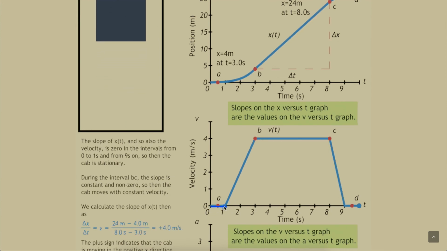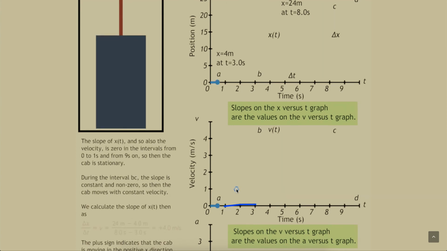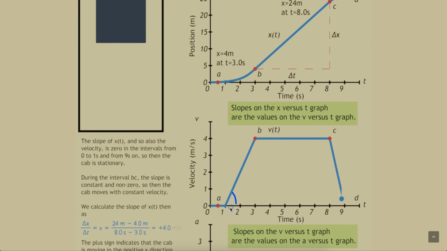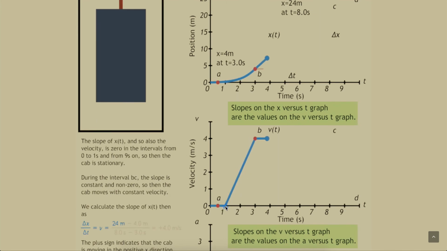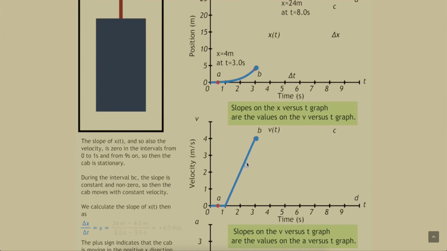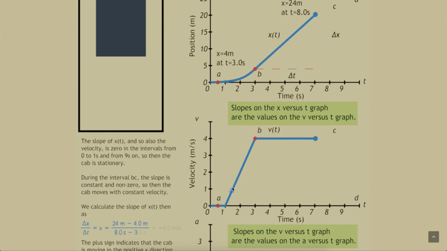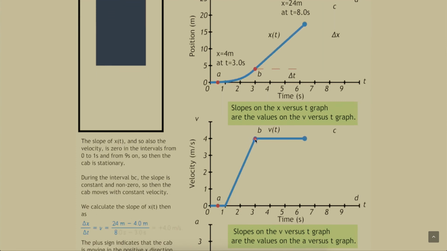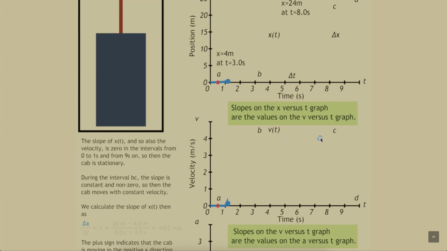Then from 1 to 3 seconds, the velocity curve has a slope, which means that velocity increased as a result of an acceleration. Thus, we can calculate the value of the slope of the curve from 1 to 3 seconds to determine the value of acceleration. Also, the curve of velocity is a straight line on this section, so the slope is a constant value, and thus we can predict a straight and horizontal line for the curve of acceleration at the value we calculated from 1 to 3 seconds.